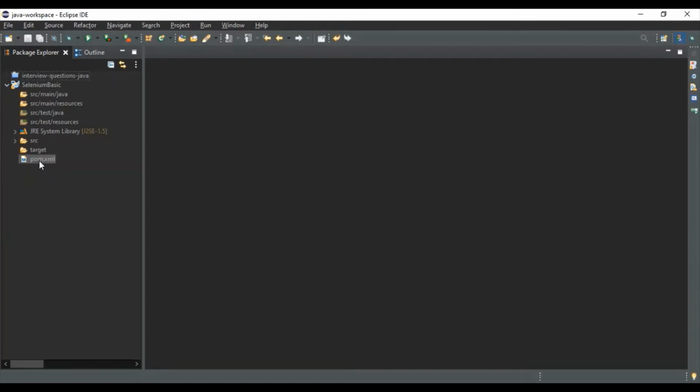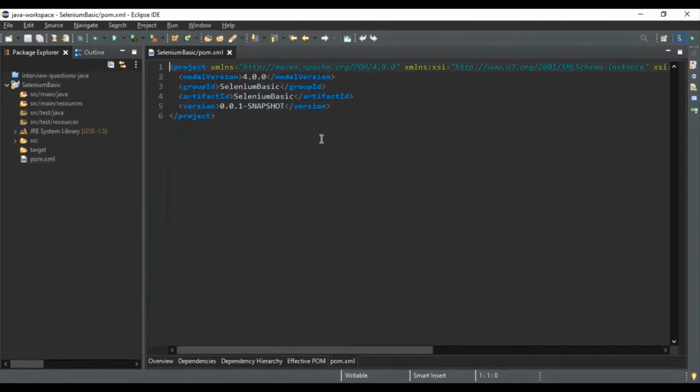In the pom.xml, you can write the dependencies that you want to use. Since we are using Selenium, we'll add a dependency of Selenium, and also we'll add testng for assertion purposes. In the dependencies section, I'll paste two dependencies.